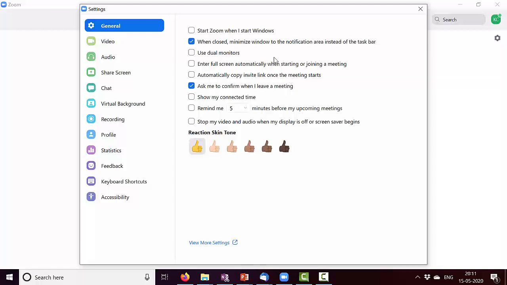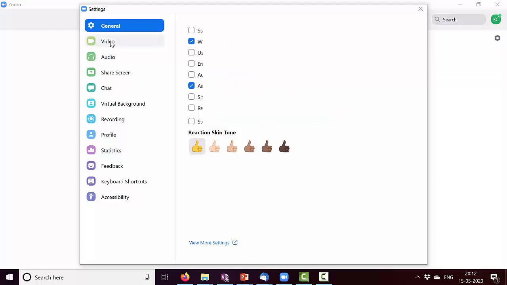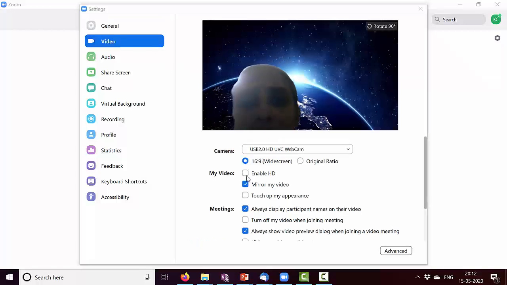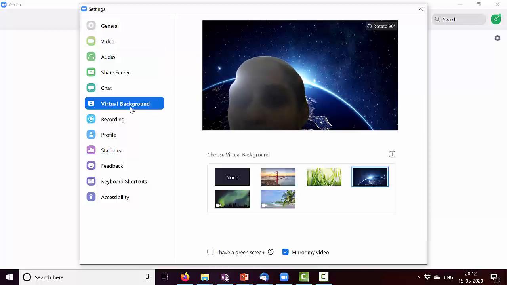Many of them you can just leave as default. A few things I wanted to point out though. One is under video. Ensure that my video enable HD is disabled. Otherwise, you are going to consume a lot of bandwidth. The other thing which people may also want to experiment with is virtual background.